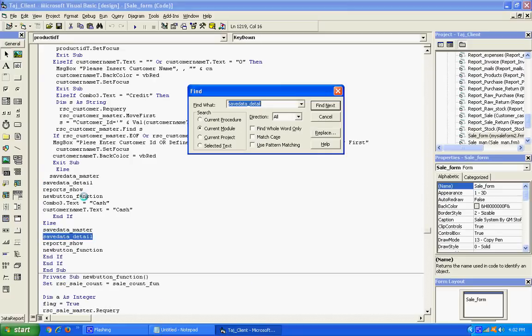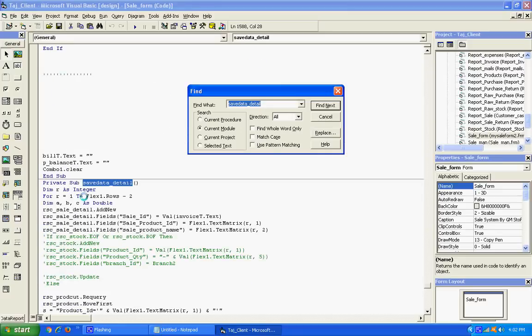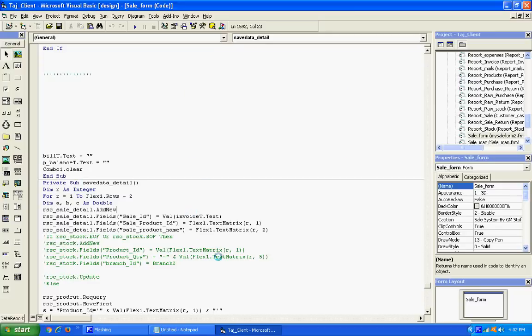I'm going to find it. We have recently removed the sale ID, product ID, Flex1.text. Okay, product ID, product name. This performs perfectly.